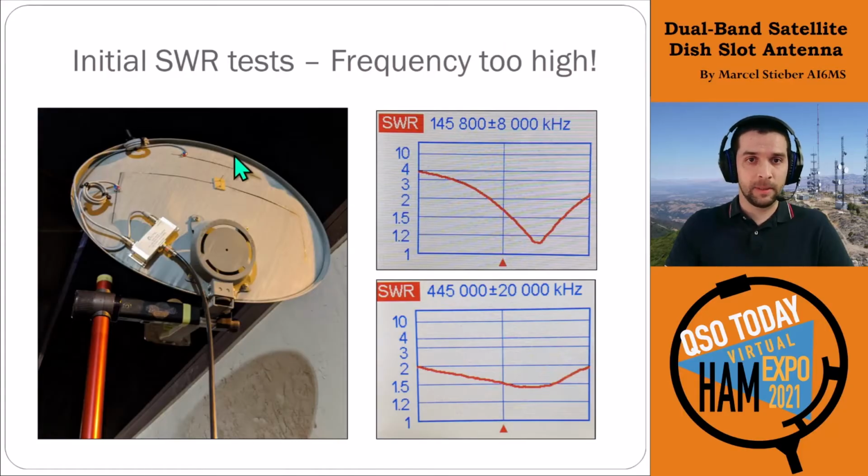Once we hooked it all up to the antenna analyzer, this is a Rig Expert A600, you can see the resonant frequency here was a little bit too high. This one was about 149 megahertz when our target center frequency was around 146, right in the middle of